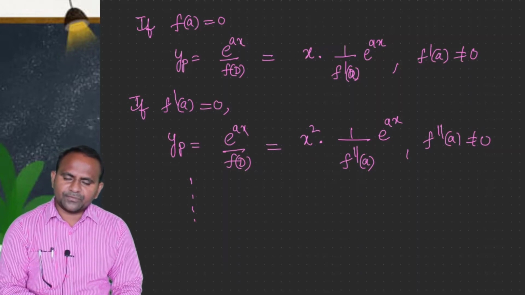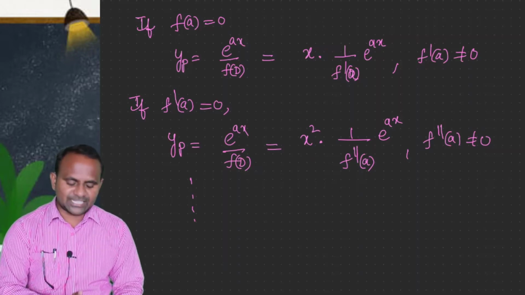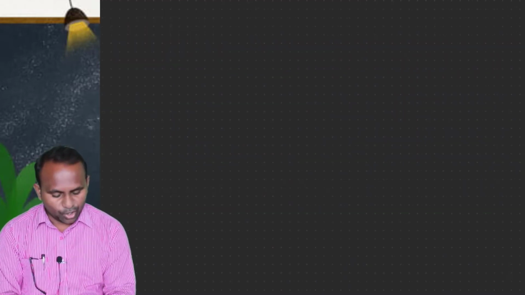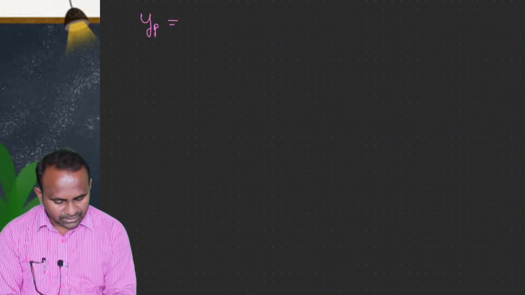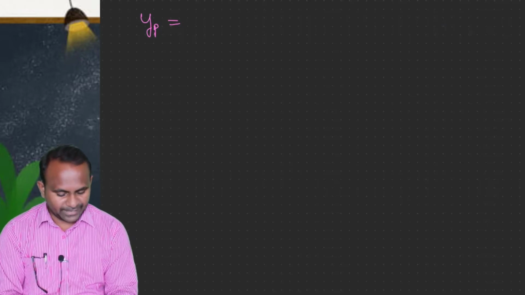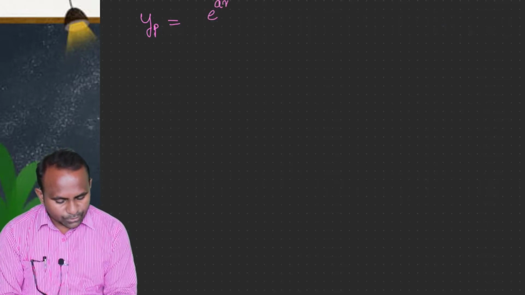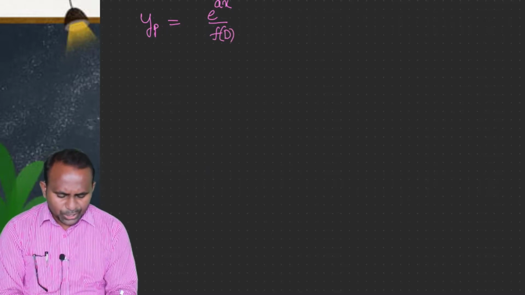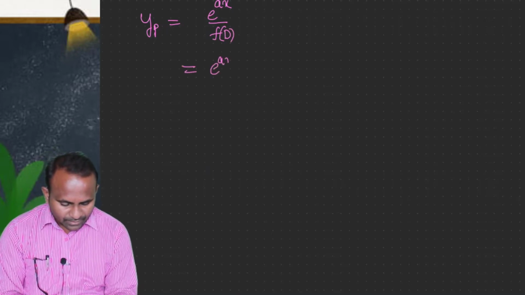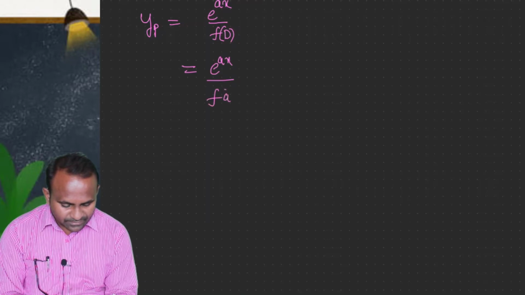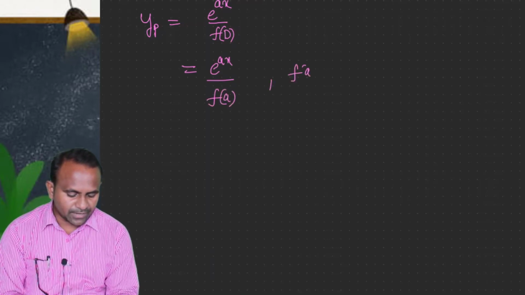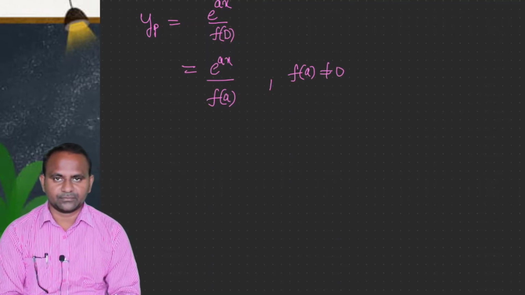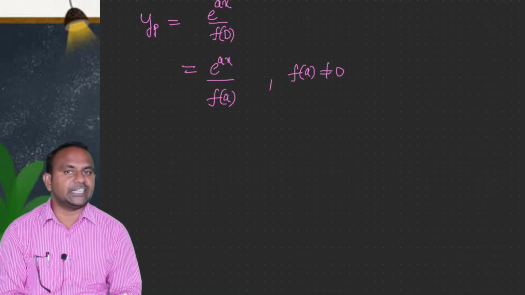So this is just the basic rule, but let me briefly tell you the working procedure of finding the particular integral. The direct step I am writing, while finding e power ax over f of d, this is the particular integral you are interested in: you simply put a in place of d. That's it. This is whenever f of a is not equal to 0. The substitution is not giving 0. It is enough. This is the particular integral.